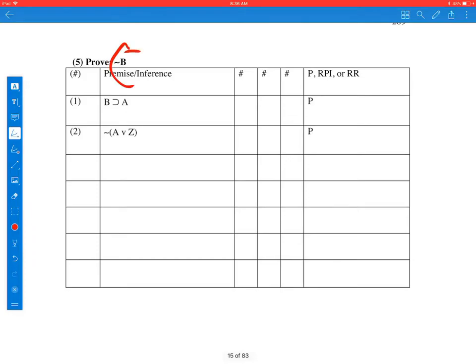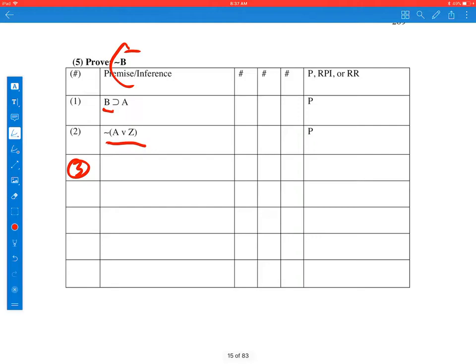Prove not B is our goal here. And so we look for not B, and we don't see one, but there's one in disguise on line 1. If we do modus tollens with line 1, suppose we find a not A, and do modus tollens, we end up with our not B, which is our goal. So to get that, we need a not A. It doesn't appear as if we have a not A